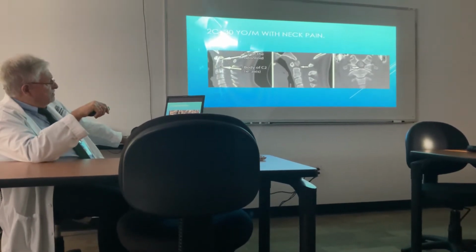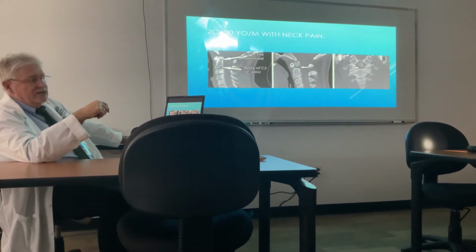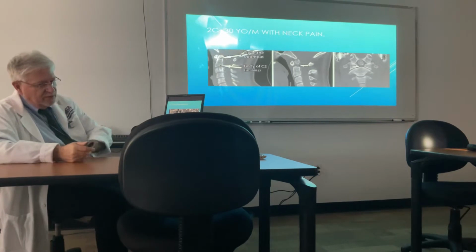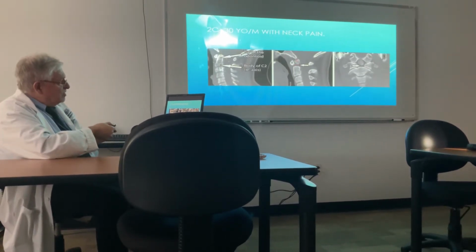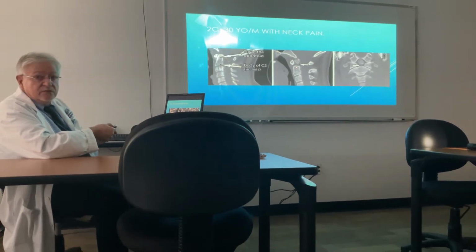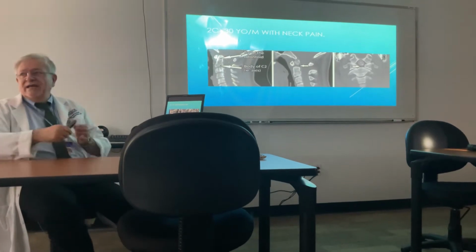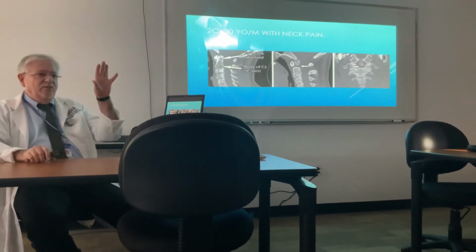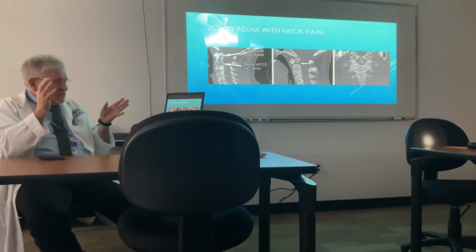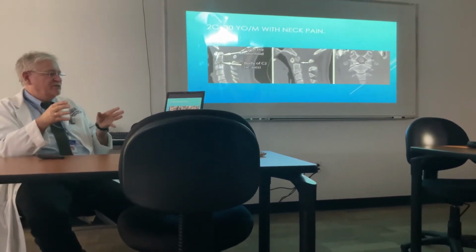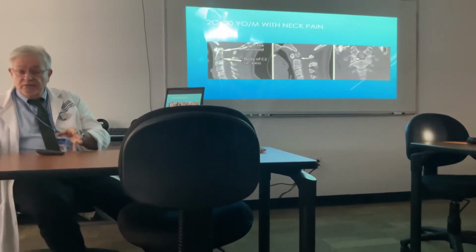Now, this is not a cervical examination, this is a CT scan, and we're just introducing the idea. It doesn't matter whether it's a plain film, a CT, or the MRI. The fact is, where this arrow is, this is space. This top of the dens should be attached to this. Now, we all know how to take an AP open mouth view, right? Yes. Why is that important? Because we need to be able to see the odontoid from the AP perspective as well as the lateral. It's a common fracture site, when your head hits the steering wheel, it's important that you have good x-rays of it. Does that make sense? Yes.